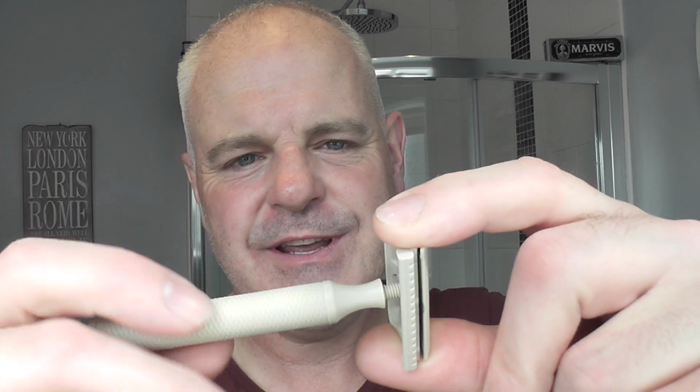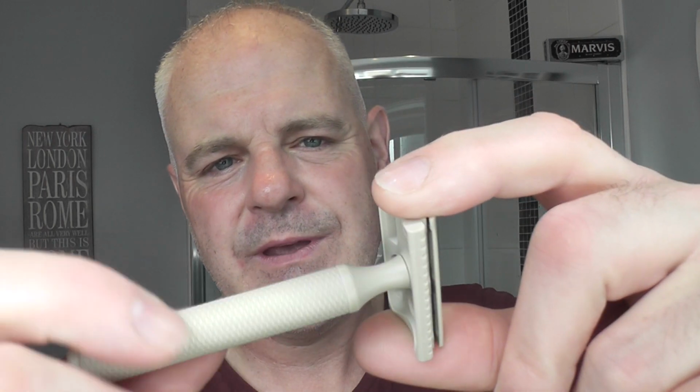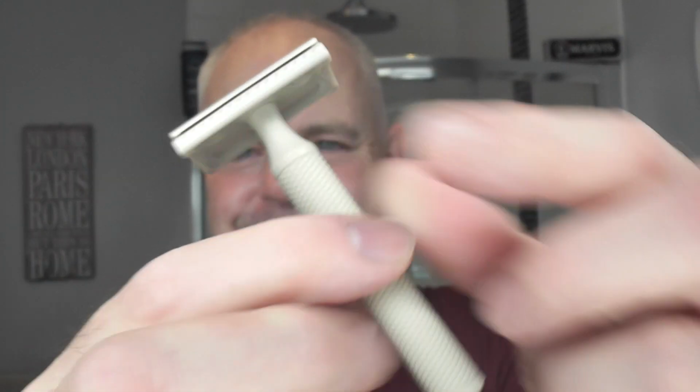so I'm being very, very careful just to make sure this goes on properly. And I'm not going to screw it down too tight. Look at that. Spot on. Looks amazing, doesn't it? Yeah, little plastic razor. Yeah, I don't know if Karve will bring any more of these out. It says it's limited edition. There's only 36 ever being made,